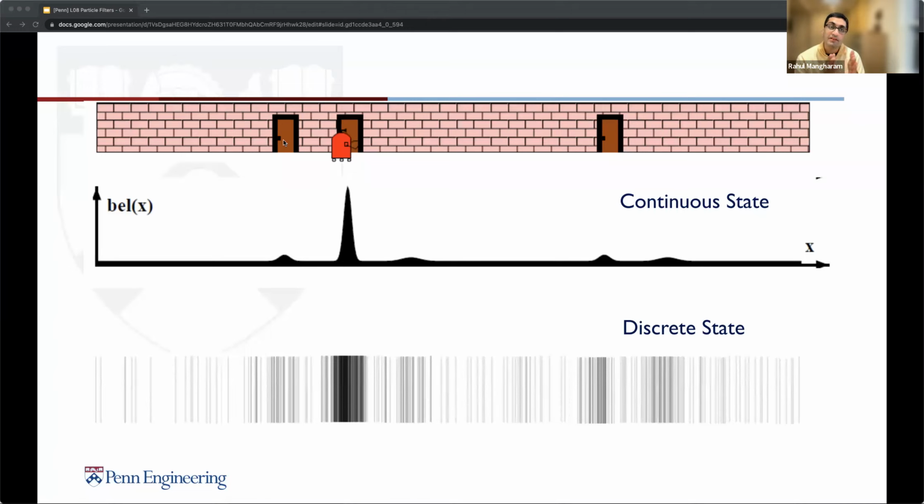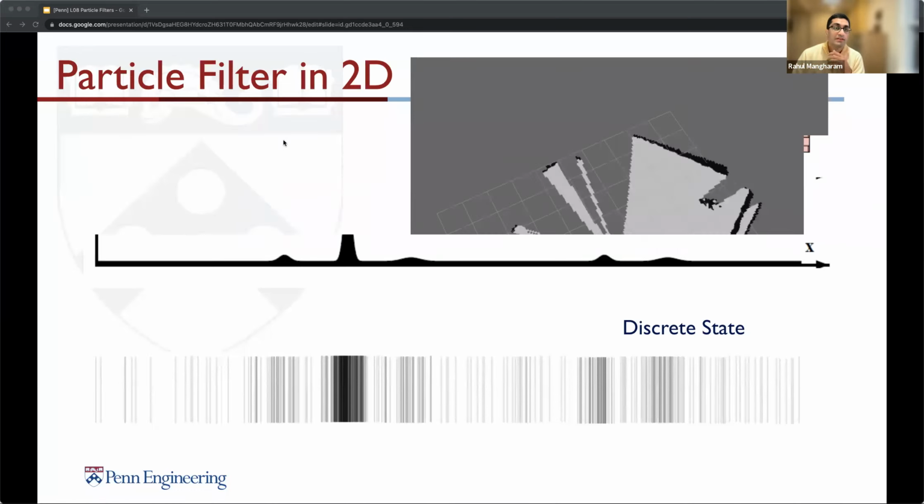That is, the particle near the middle door has a high weight, whereas particles near the other doors have a medium weight, and the particles at all other positions have a low weight. We will look at sampling, how these particles are drawn, and how they propagate in more detail as we go further. Now let's look at particles in 2 dimensions